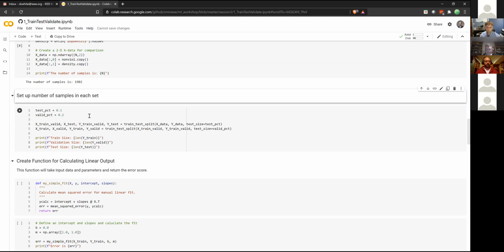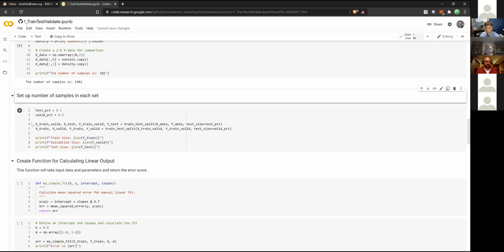On this next cell, we now need to split it up. So in here, we're going to say that we're going to take 10% of the data off the top and withhold that for our testing at the end of model fitting. And of the remaining data, we're going to use 20% of it for validation, leaving the final chunk of data, roughly 72%, for training. So by defining these 2 parameters here, you can just pass them into this train test